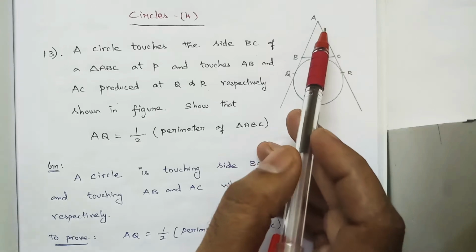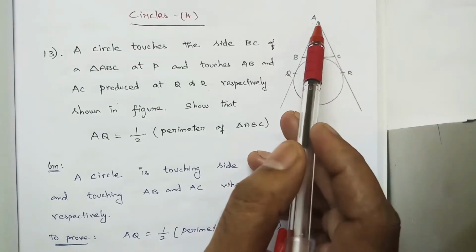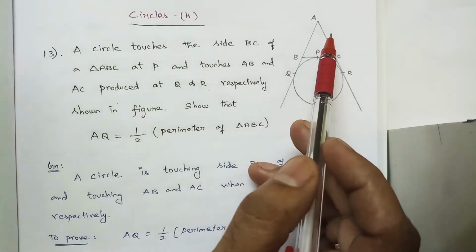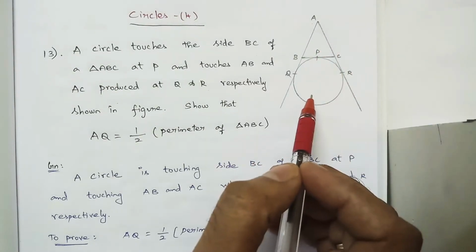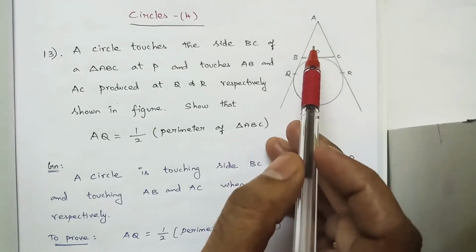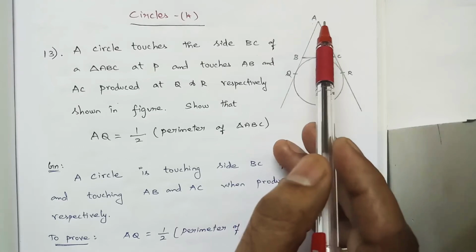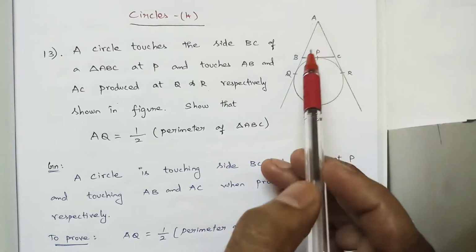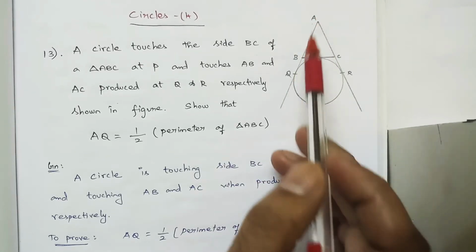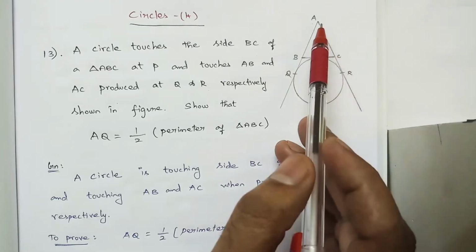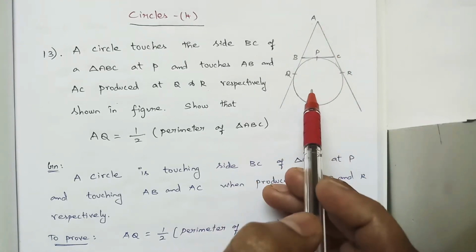For the external points, we are having three external points. I told you that the three vertices of triangle ABC are external points to the circle. So I am differentiating one by one. First, for the external point A, we are having two tangents. What are they? AQ and AR are the two tangents from the external point A to the circle.